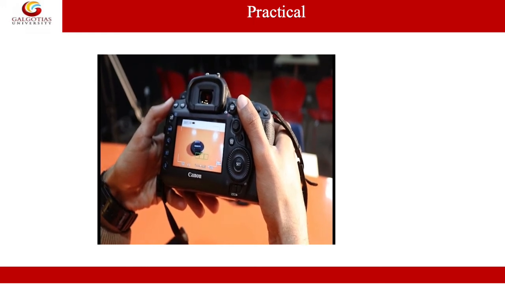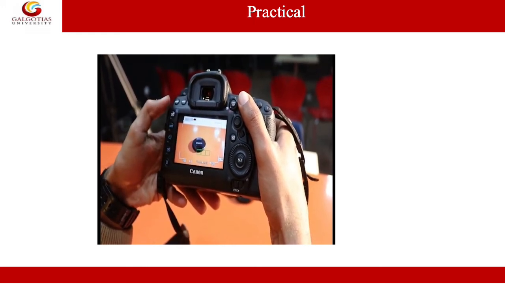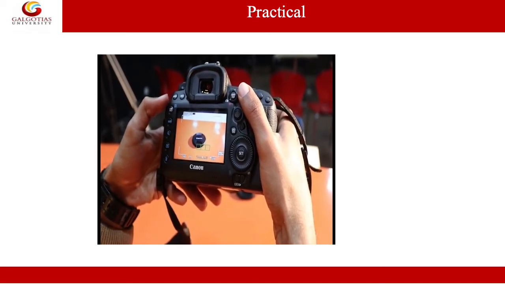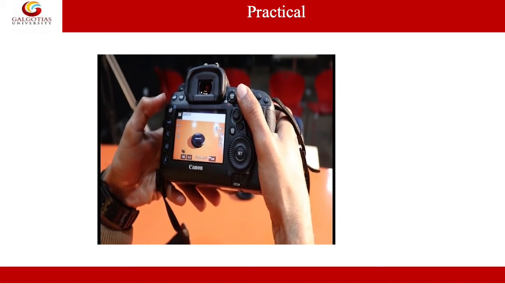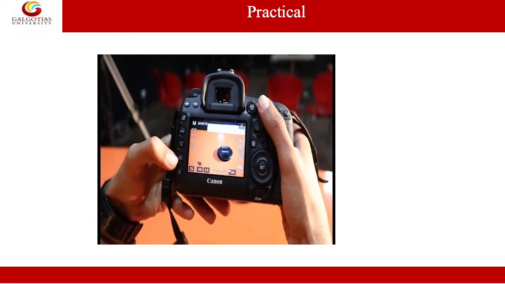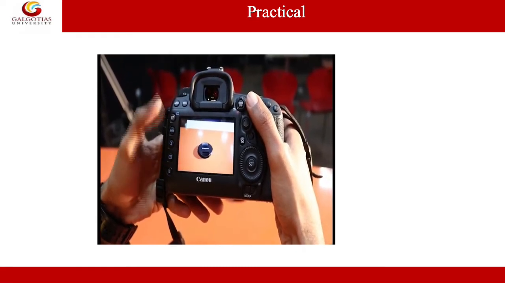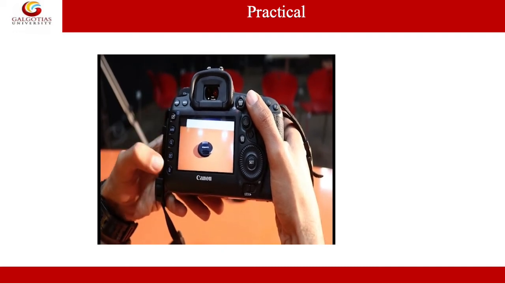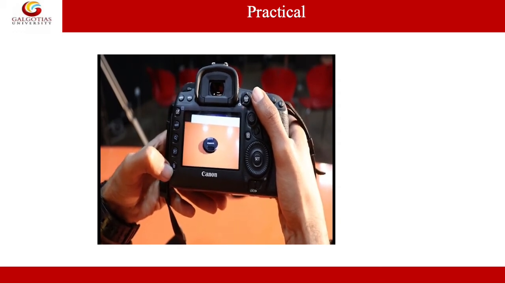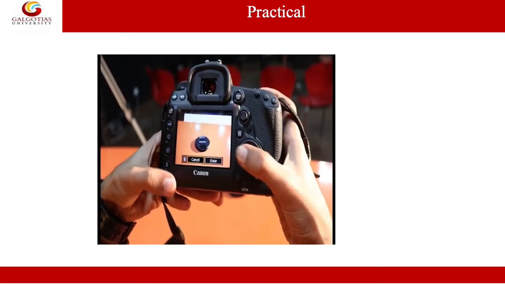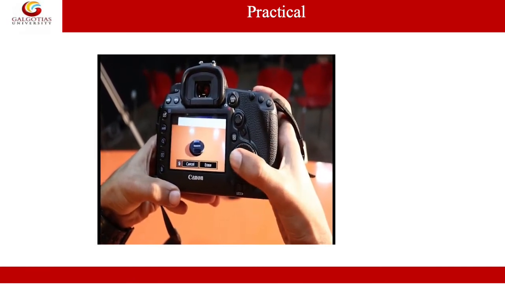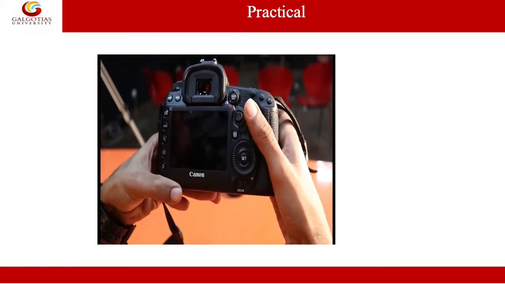See, when you press the button half, green squares appear. They show you where your camera is focused right now. To capture this image, you need to press the button completely. It captures the image, and to view the image you just captured, you need to press this button. Here you can see the captured image. In order to delete or remove this image, you need to press this bin button, and here the deleting option will appear. You need to set on this erase button and you can remove the image.